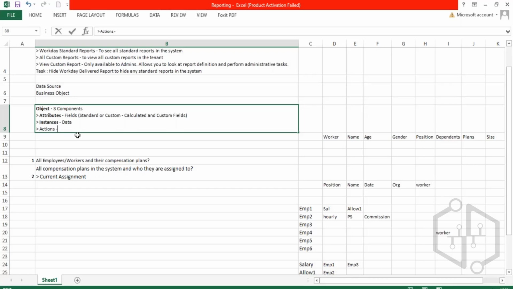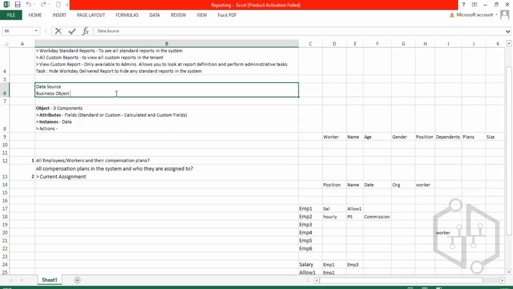So each object has a set of actions that can be performed on that object, right? In the context of Workday, we call it related actions. Okay, so the business object, as we mentioned, determines what fields will be available on your report,